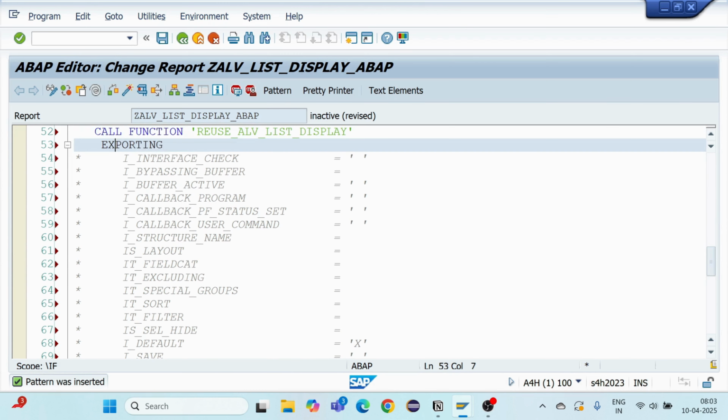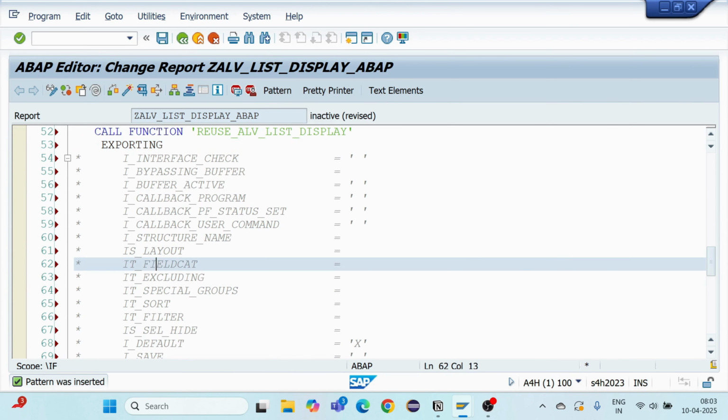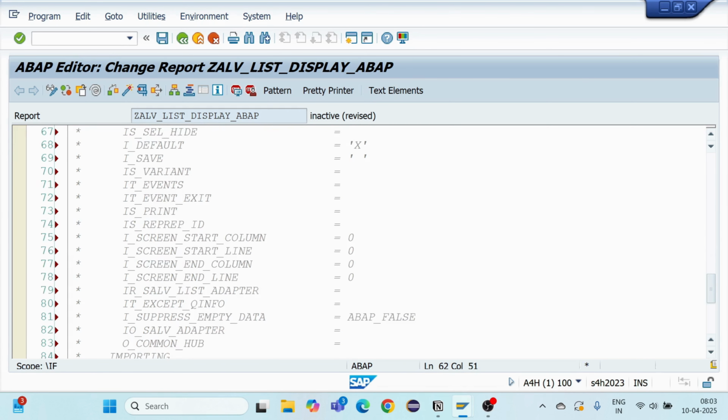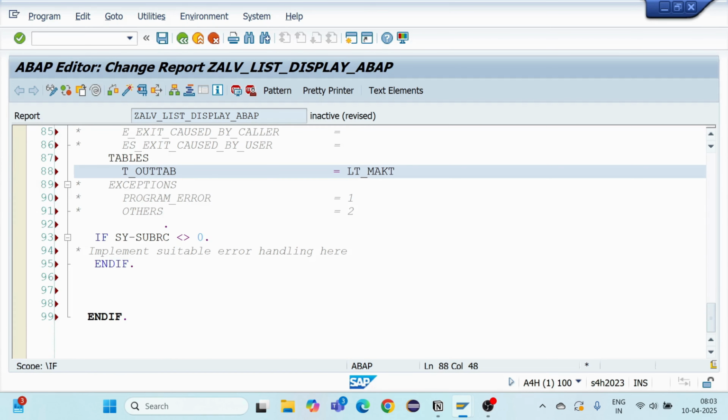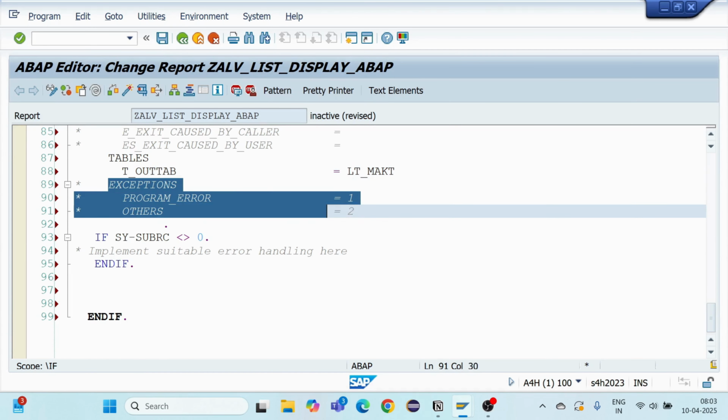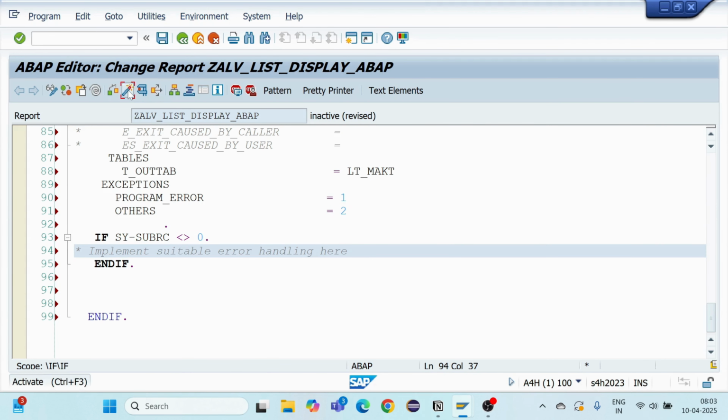It has exporting parameters. I will use the field catalog here. I will pass my internal table. You can see here IT_ is for internal table. So I will pass my internal table of field catalog, and I will also pass my output, LT_MAKT. It is always a best programming practice to uncomment the exceptions. So I will uncomment, I will activate,